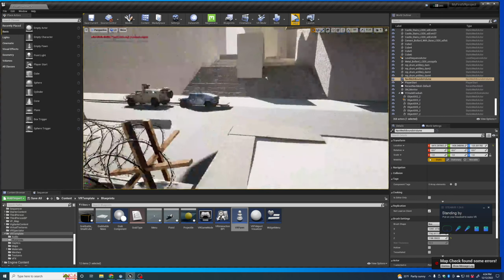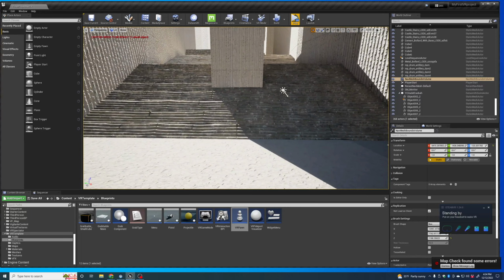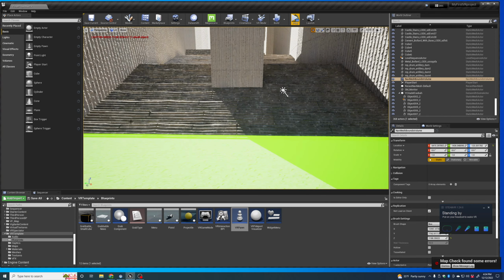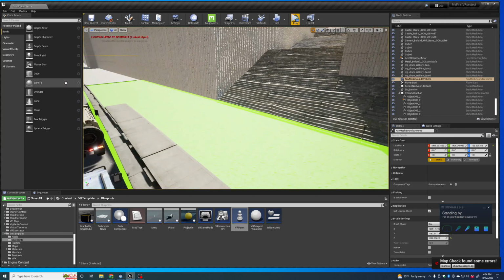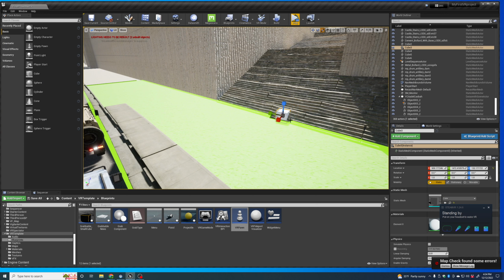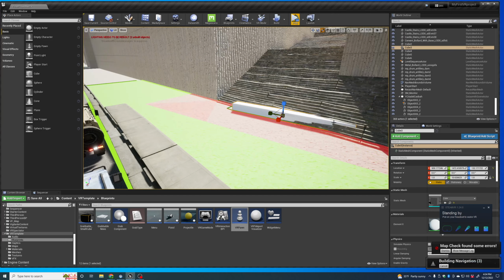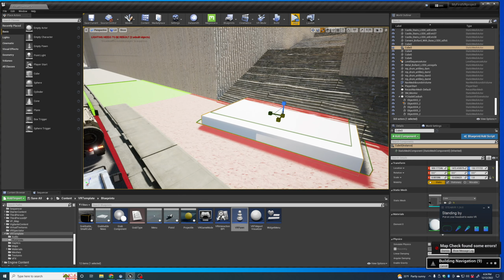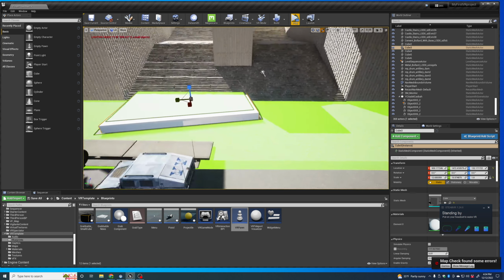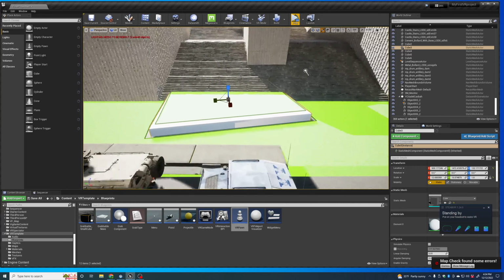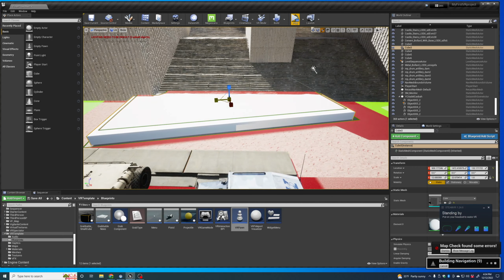And if we go to my architecture here and I hit P, you can see that my stair is not navigable. So what I need to do is add something that has a collision, like a cube, for instance, and I can start to borrow the collider or the collision of the cube in order to generate my own